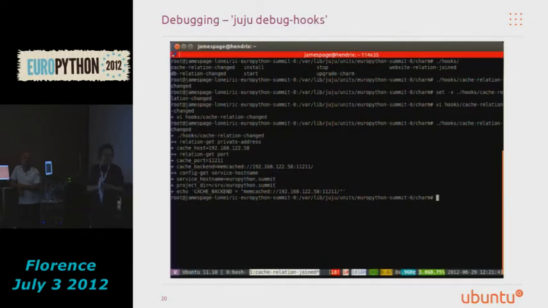You can then drop into the individual service unit where you've seen your problem and use debug hooks. So this is the first point in time when you will use the debug. You will actually address an individual service unit rather than the service itself. So you will pick one of your service units, you'll execute juju debug-hooks memcached/0, and Juju will drop you